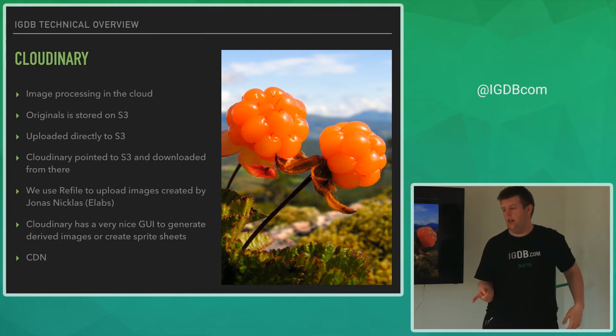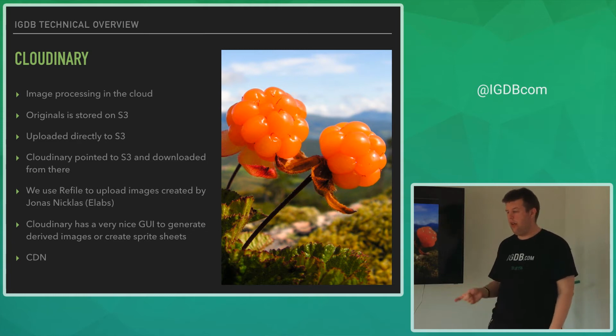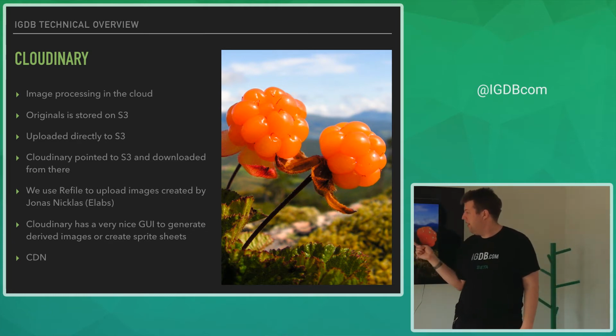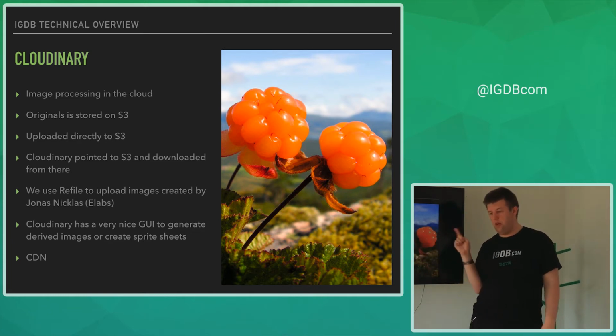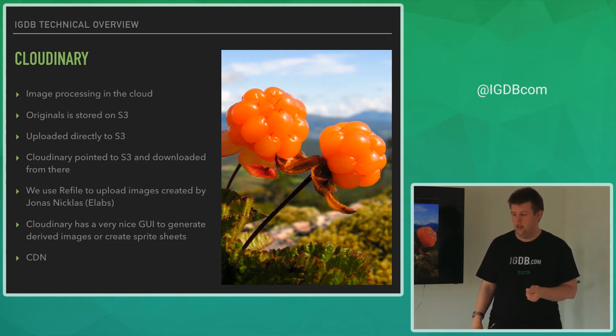We are using a library called Refile, created by Jonas Nicklas from eLabs here in Gothenburg, and Cloudinary has a very nice GUI to generate derived images